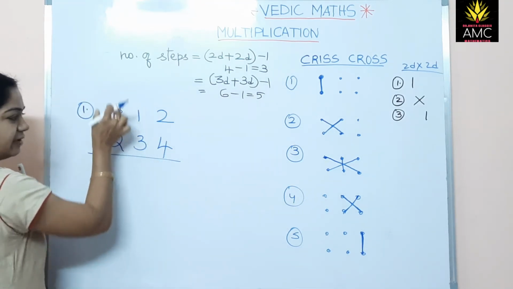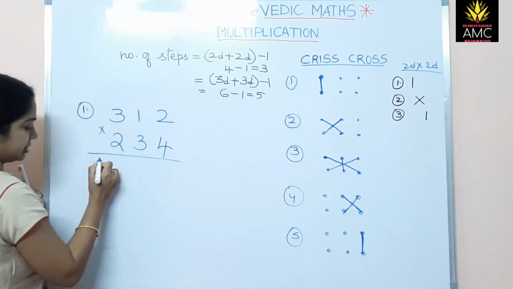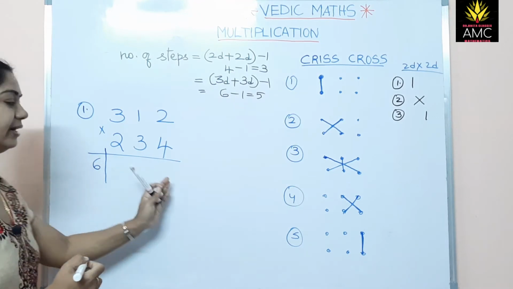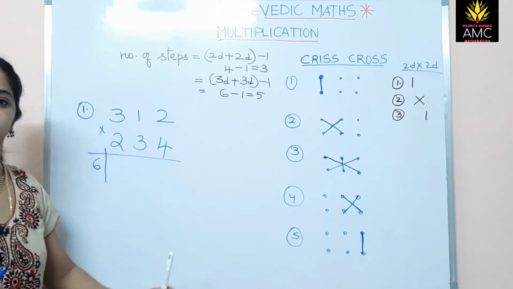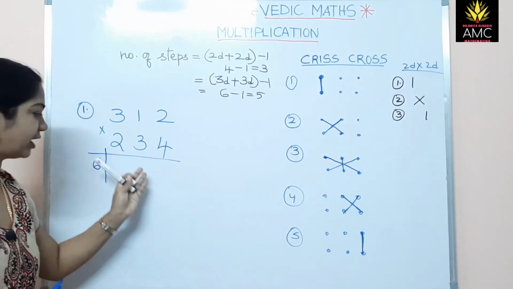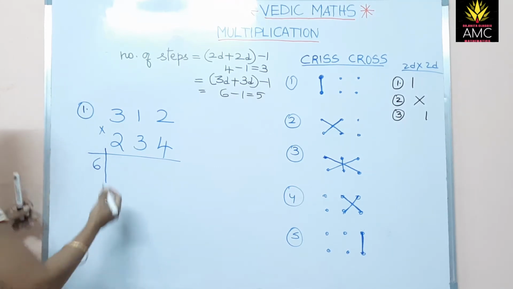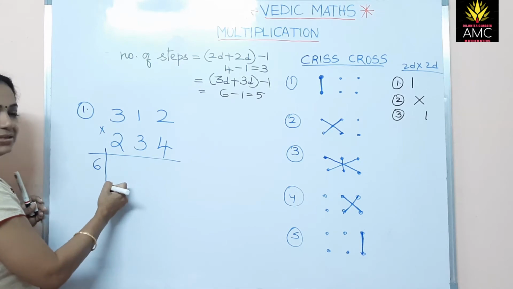The first pattern is we have to multiply this: 2, 3, 6. Now I'll place a slash here because we may get double digit numbers. When we get double digit numbers, the final answer we will get in the next step by the balancing method. So let us in advance keep a slash.